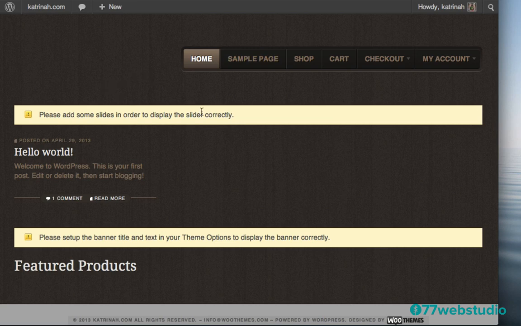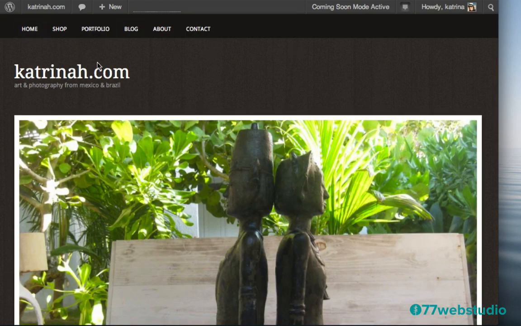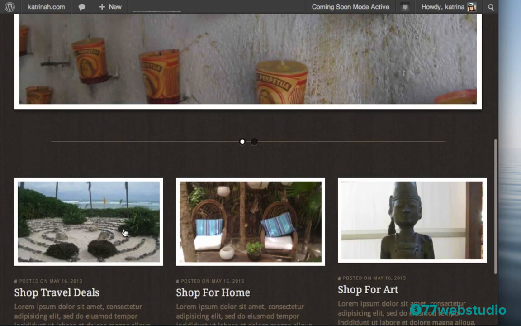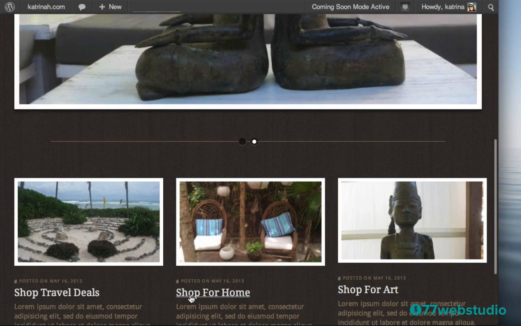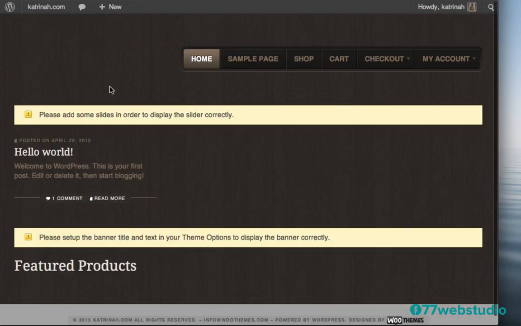So let's take a look at the website that I already built on another domain to see where we are headed. So here's the website that I built on another domain just as a demo, and you can see here we have a really nice menu navigation bar, the website name, and a title, or you could also add your logo here. We're going to be adding the sliders here, and then underneath that we're going to be adding 3 different recent blog posts with hopefully calls to action on the titles of the blog post. So this is where we are headed right now, and where we are right now looks like this, or something like this. So the first thing we need to do probably is add our website name and our tagline. So let's take care of that first.